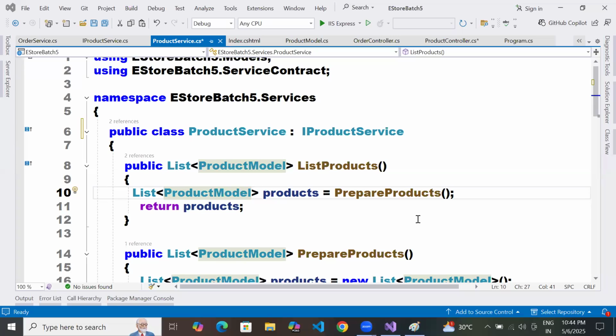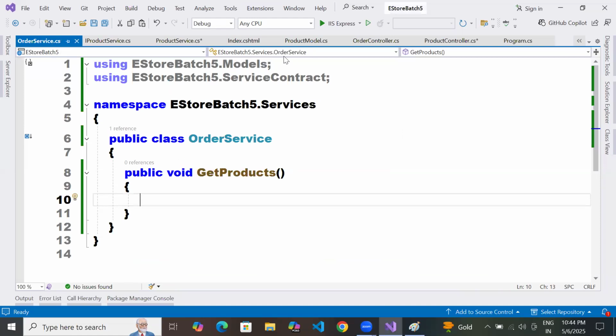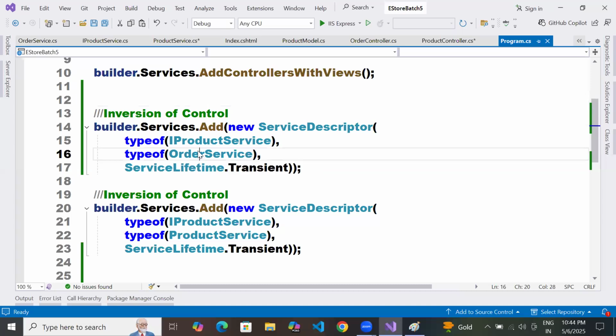Sir, suppose we add the definition of order service's method in IProductService, then we can access that method if we are creating an object for IProductService. Can we try, sir? I told you that, right? You can change it. If I'm implementing order service, we can do it, that is not a problem. Not implementing, sir.